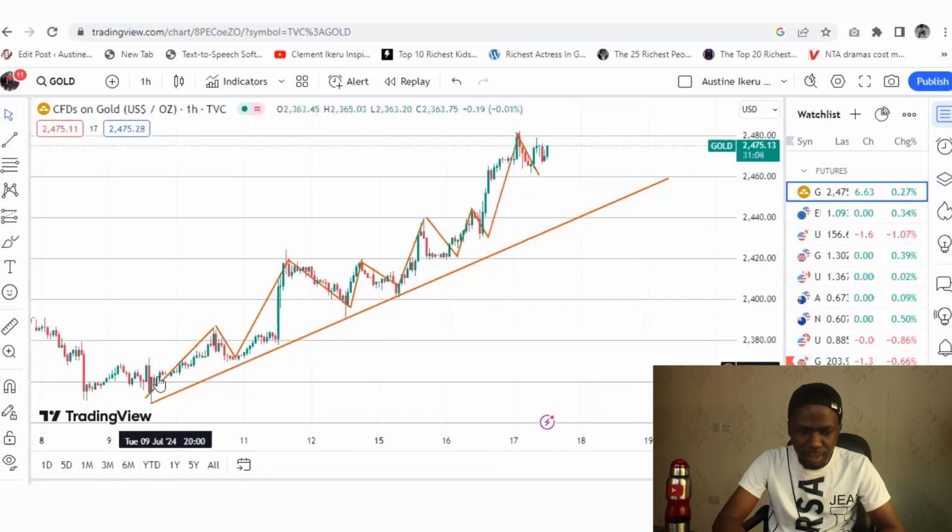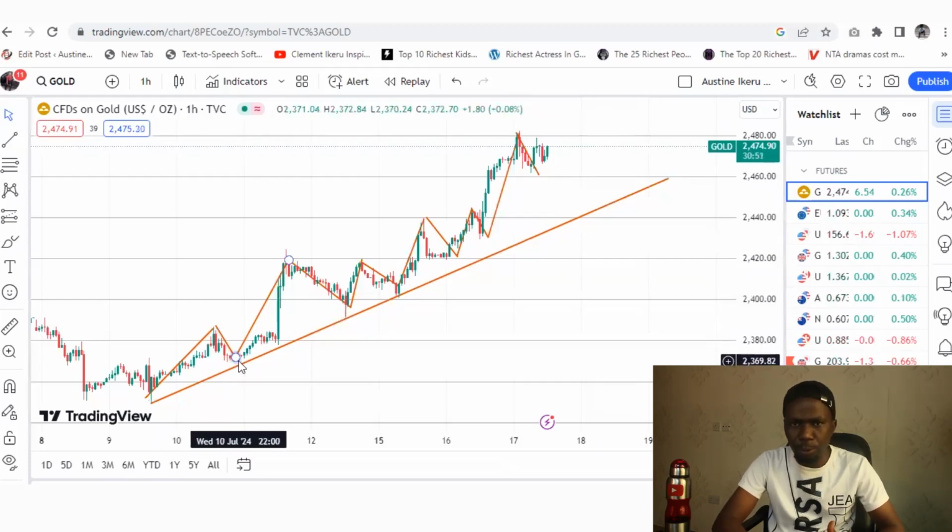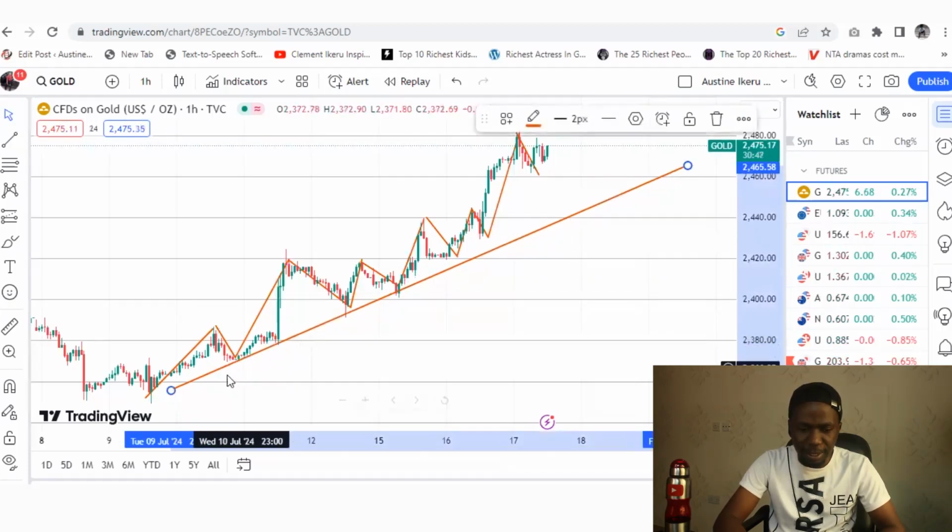So if you watch, you see that as the buyers took over control, the price rallied up to this point, then came down here and made what? A pullback, made a retracement here. So this is the point where you are supposed to place a buy trade before the market rallied up again